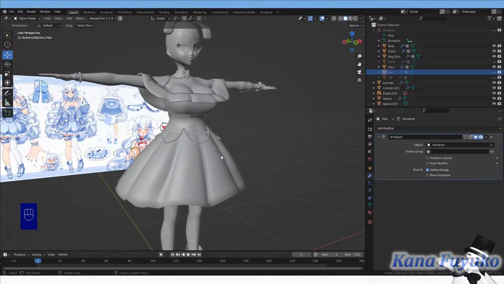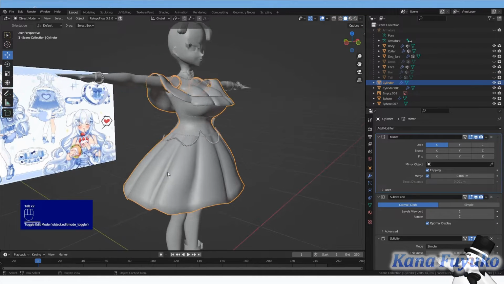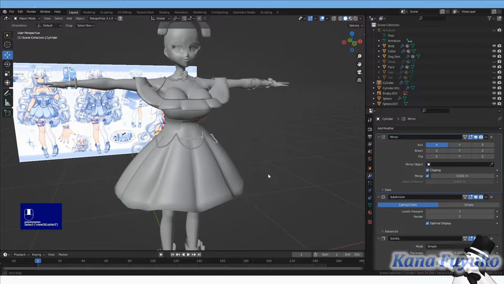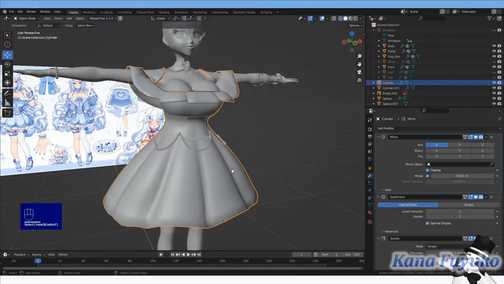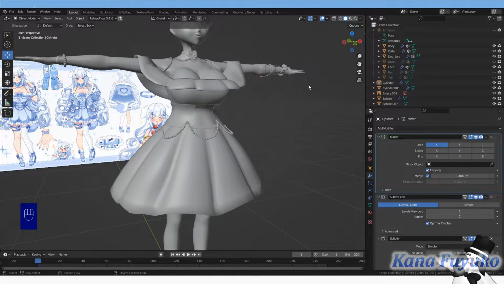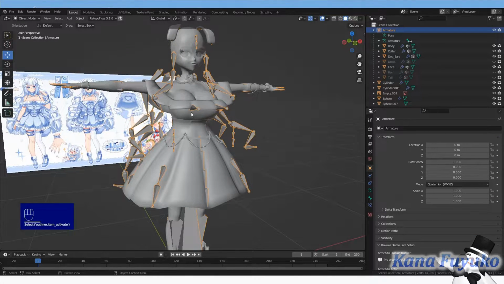Now you just need to have a dress that you want to rig. So for instance, I've modeled this dress for Alice here. You might want to use a dress from somewhere else, like another website, or you modeled your own. It's really up to you. I can't really go into every specific situation, but that's just to give you some insight to start off with. But let's go ahead and begin with the rigging part, or going over the skeleton here.